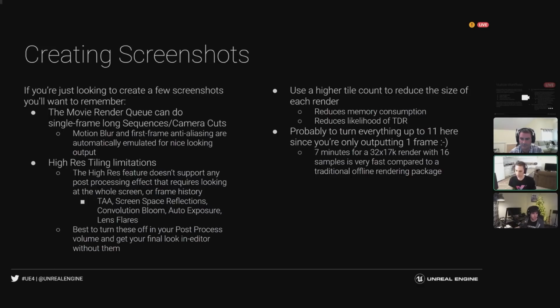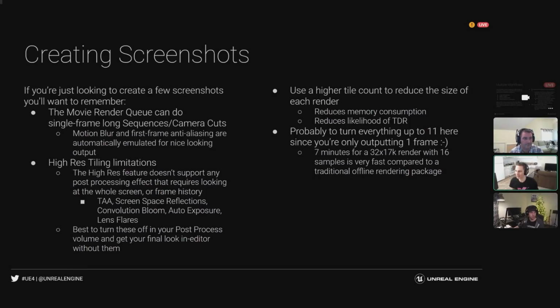What that means for movie rendering is that if you render a 4K image and then go in and say, oh, I have 2 tiles to make a 1920 image, it's still storing the memory of that 4K. It's not rendering at 4K, but it still uses that memory. So if you do play with tiles and you are having memory consumption issues, once you have a larger image and you go to a smaller image, restart the editor before you render the smaller image. In this case, if you're making screenshots, you probably can't turn everything up to 11.